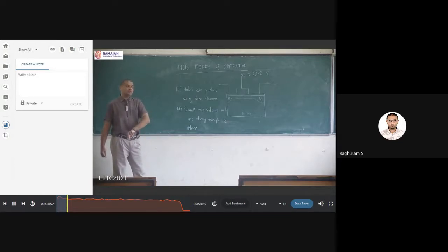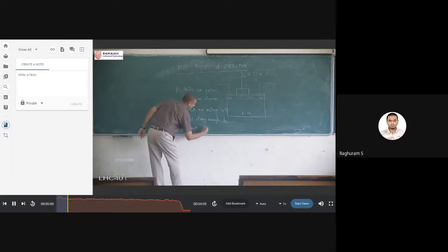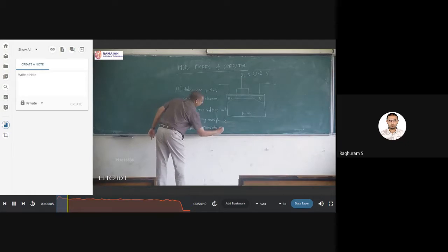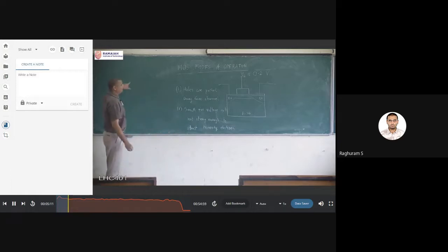What is negative? Electrons. So the small positive voltage is not strong enough to attract minority electrons. Just from this analysis we saw that even though it is a p-type substrate, the concentration of